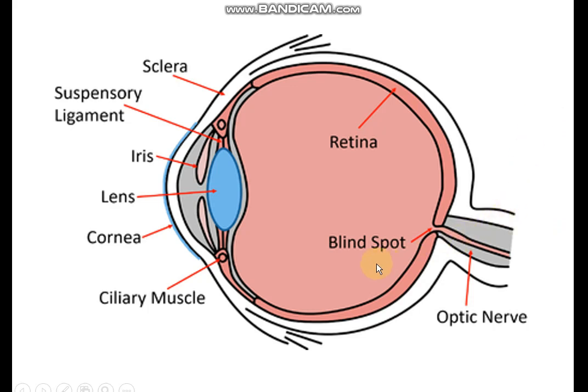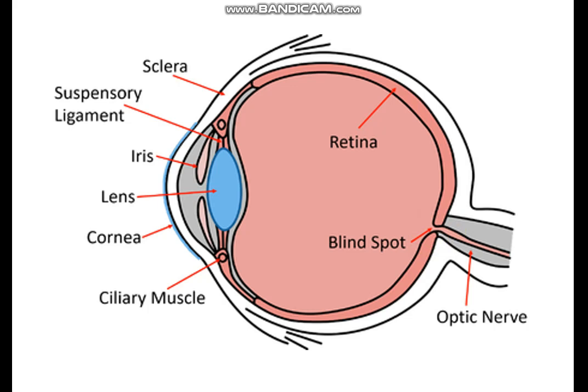Basically, when you are seeing an image, your eyes record the image. When you are looking at the object, the image will be formed on the retina and a nerve impulse will move towards your brain, and your brain will interpret the image. That is why optic nerves are here. So the blind spot is the location at which there are optic nerves present, and as there are optic nerves present, there are no rod and cone cells over here. That is why it is called blind spot. So if the light falls over here, no image will be formed.